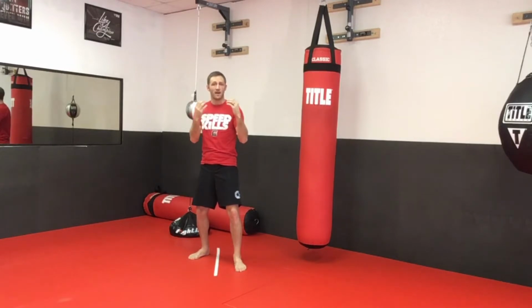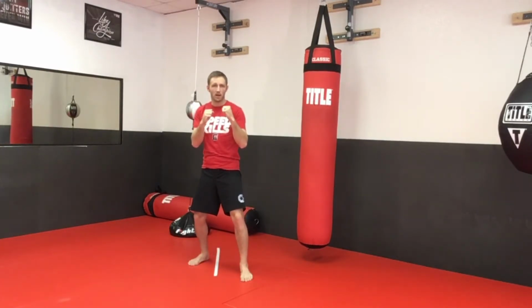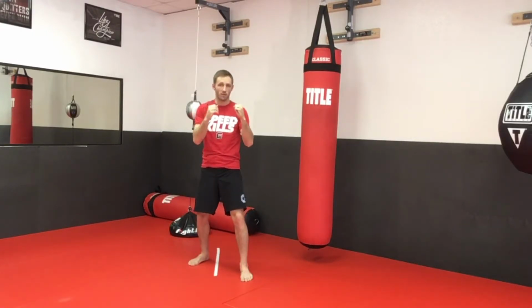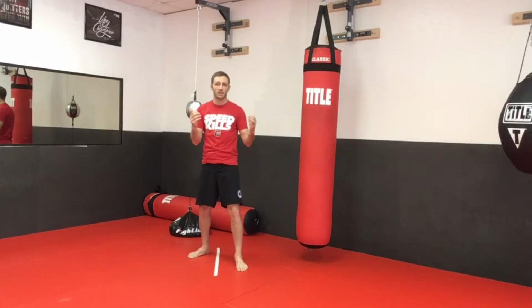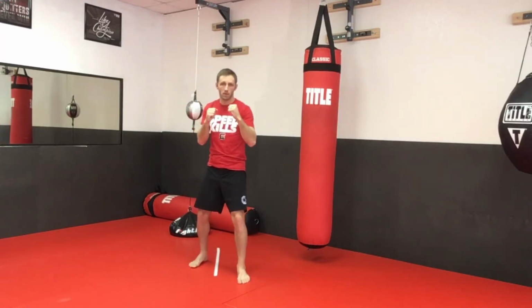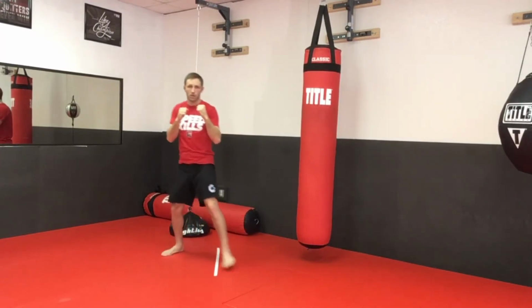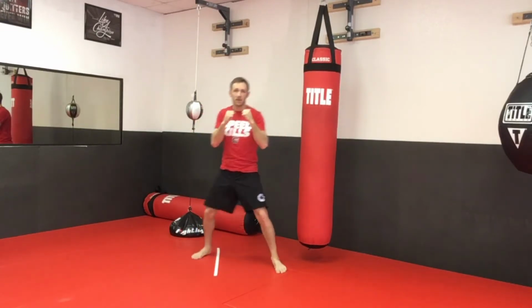And now, if I can maintain this, anytime I step correctly, I'm going to move the front foot first. If I'm moving forward, I'm going to move the back foot first. If I'm moving back, same thing with the right to the left. If you do it correctly, you should always end up right back in the neutral stance. I don't even have to look down, and I can probably tell that I'm going to end up right back